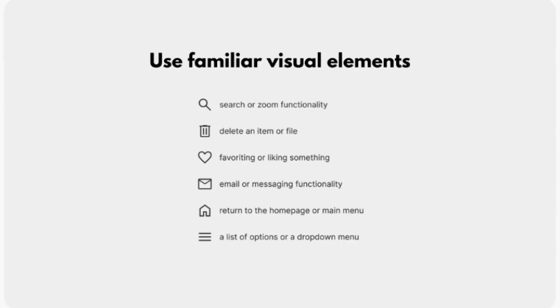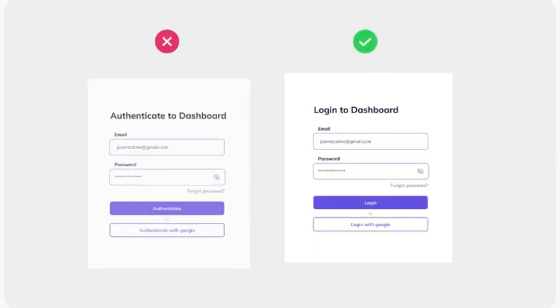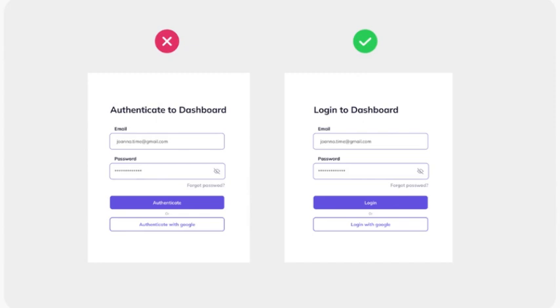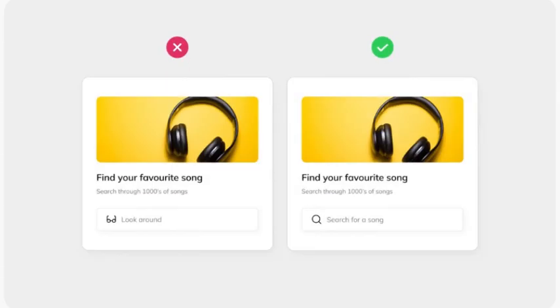This means that the product should use natural language and avoid jargon or technical language that may be unfamiliar to the user. For instance, using a term like login for a website's authentication system can be more intuitive than using the term authenticate. Another key element of this heuristic is the use of familiar icons, buttons, and symbols to represent